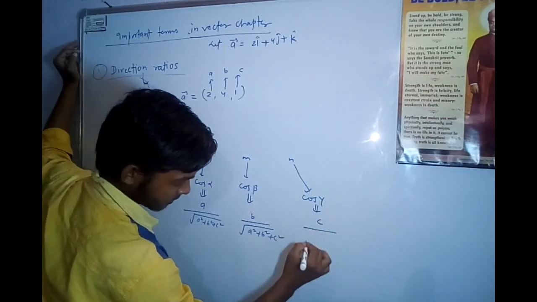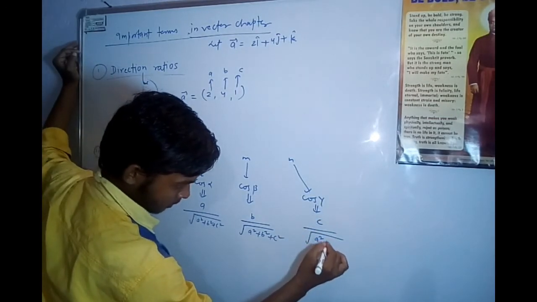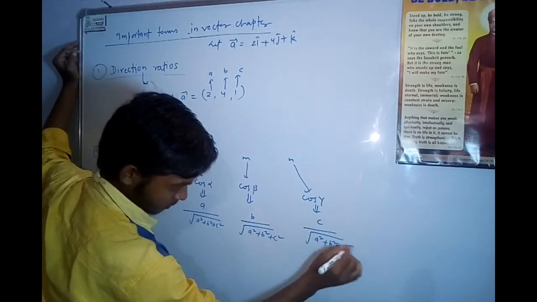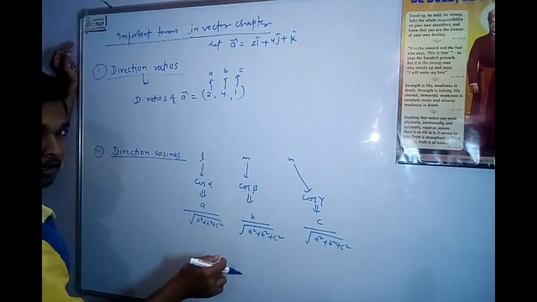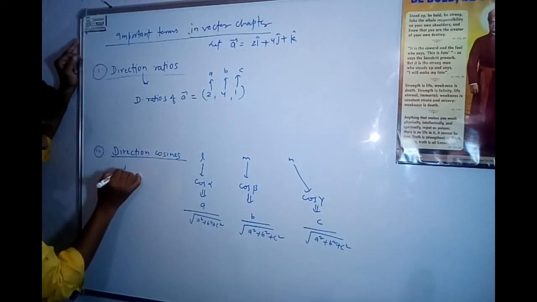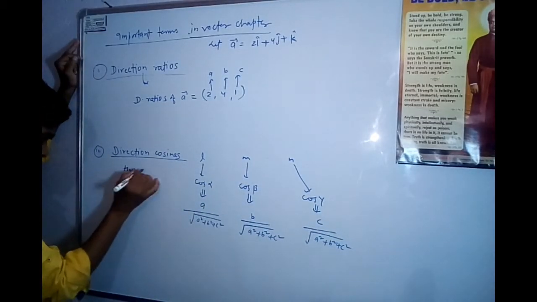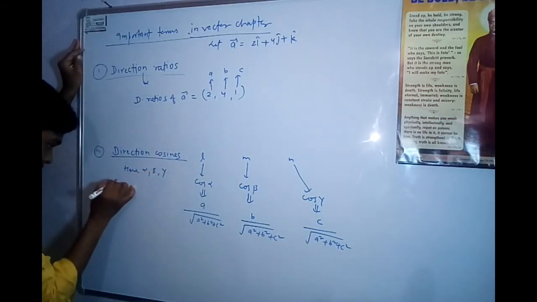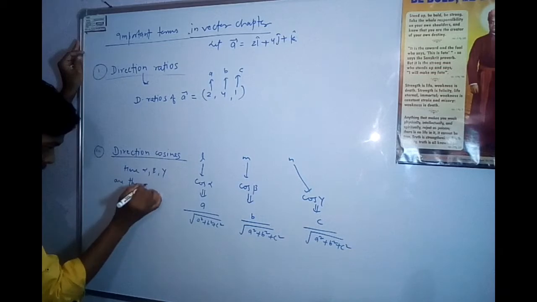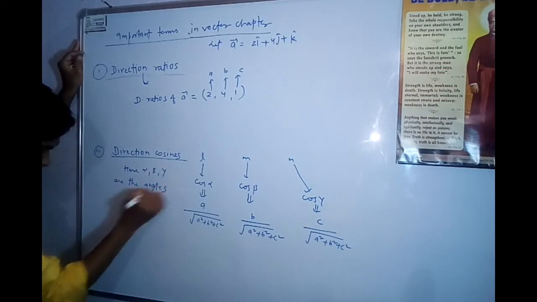This can be written as c by root under a square plus b square plus c square. Alpha, beta, gamma are the angles